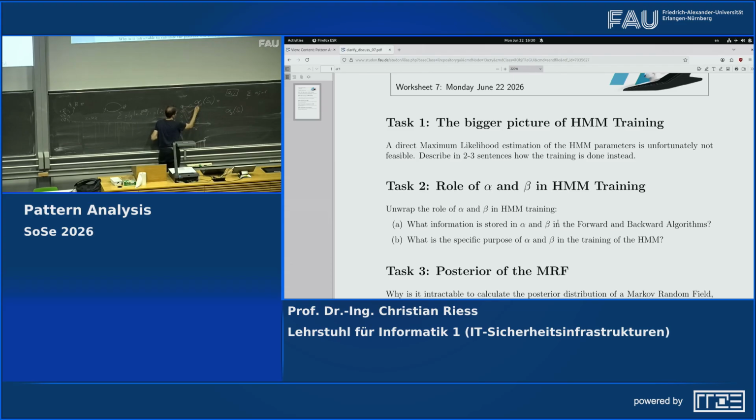If we enumerate all these possibilities, we might also have started in state number 3, went to 1, stayed in 1, or started in 3, went to 2, went to 1, and so on. So the sum of all these possible paths that end at time 3 in state number 1, this is what alpha is. Okay. And beta, symmetrically,